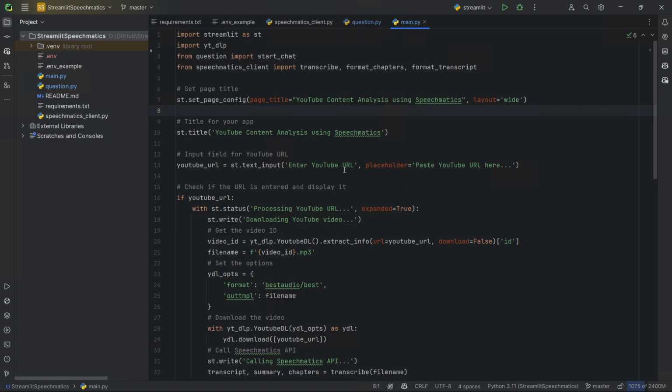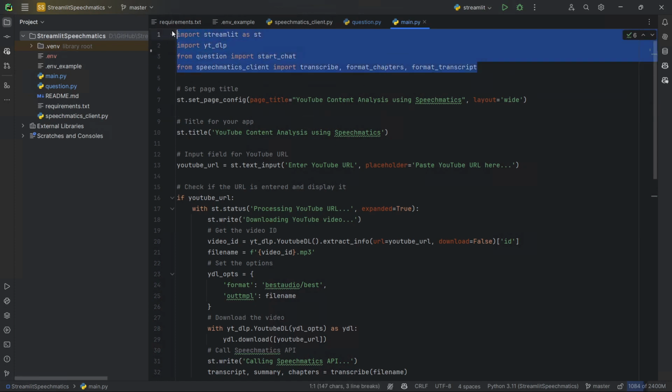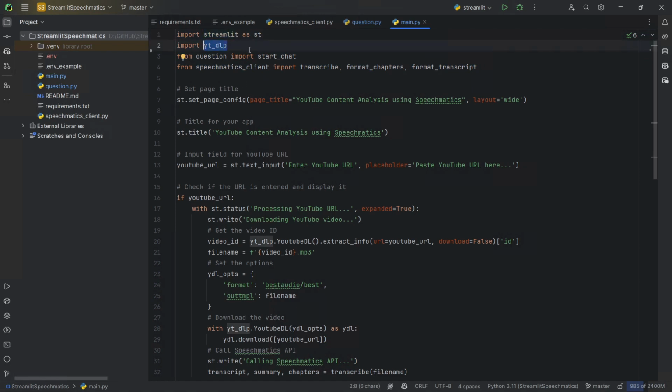Finally, we have our main.py file, which is responsible for creating not just the UI in Streamlit and the execution of the application in Streamlit, but also the necessary logic to process the YouTube video. We start by having the imports. We have Streamlit, of course, and YouTube download for downloading. We have start chat from the question file, and from the Speechmatics client, which is our previous file that we defined, our first file, we have the transcribe function, the format chapters, and the format transcript, so that we can organize everything in the